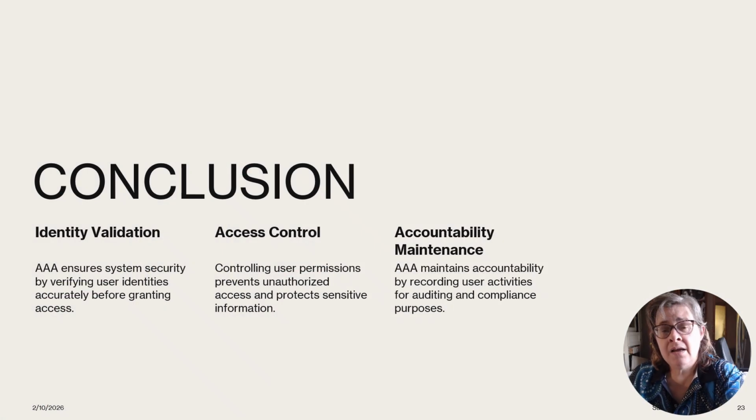So look, AAA is fundamental for securing systems by validating identities, controlling access, and maintaining accountability. Implementing robust frameworks enhances security posture and supports compliance in today's complex cybersecurity environments. So I said there's multiple things you need to look at. You need to have a reasonably good network design. And if you don't, you need to look at the design you've got and see how it can be improved